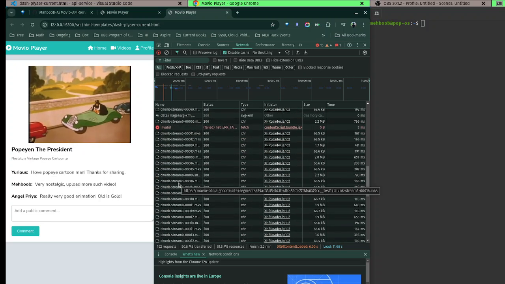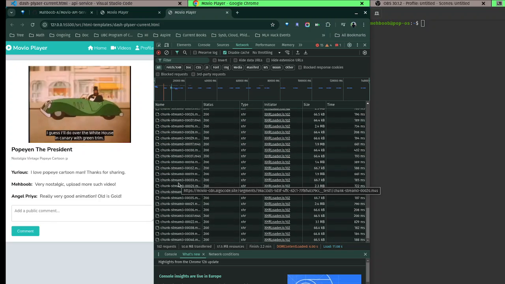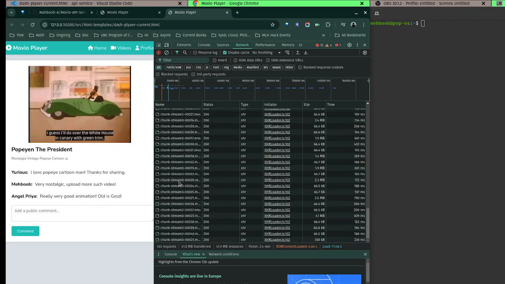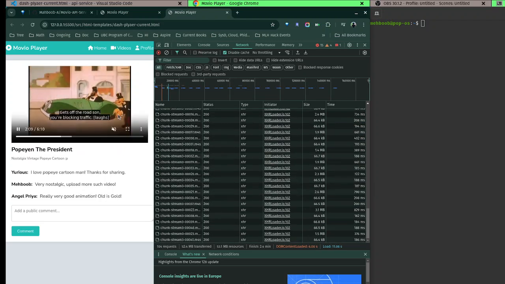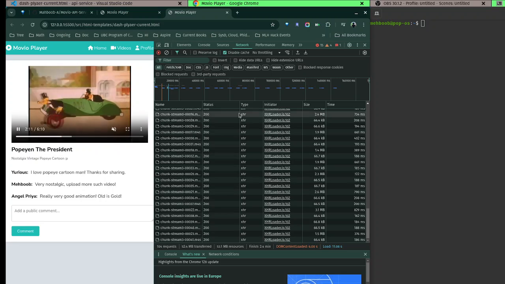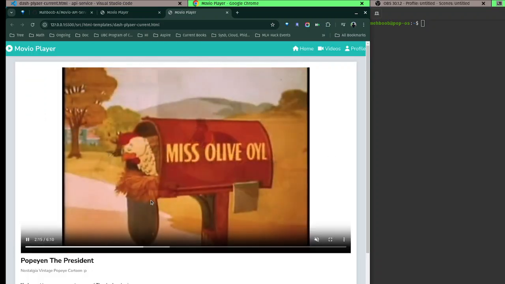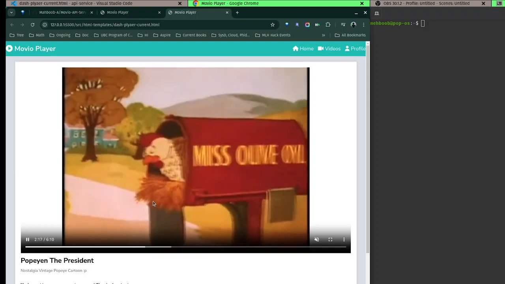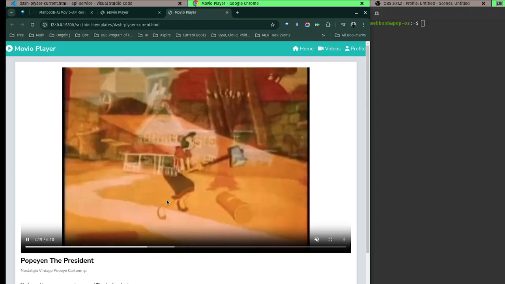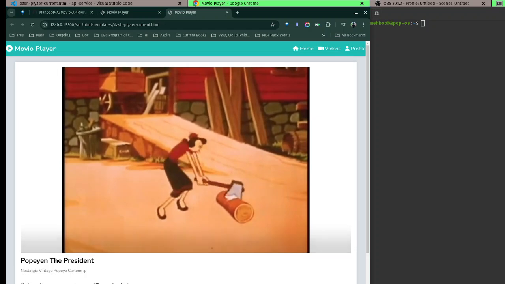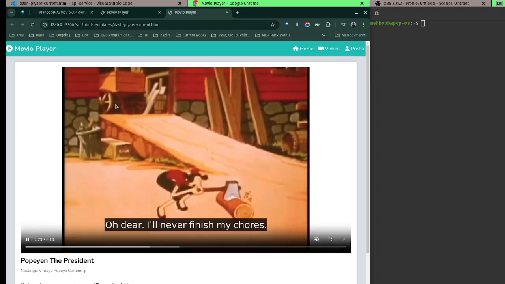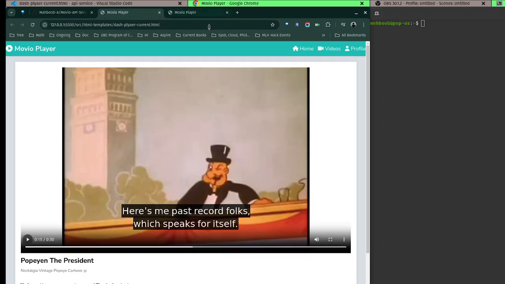If you want to know much more about it, you can definitely see the overall architecture or the backend demonstration video. This is just showing how the video is being delivered. So if you want to play the video, what you need to do is just copy this HTML file